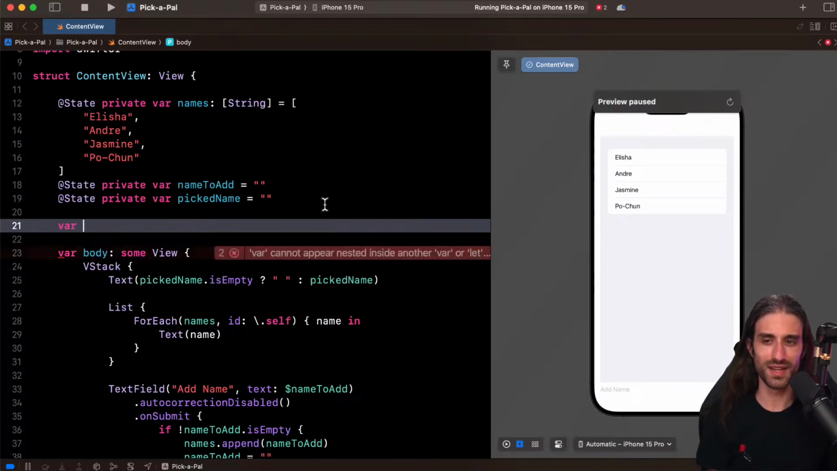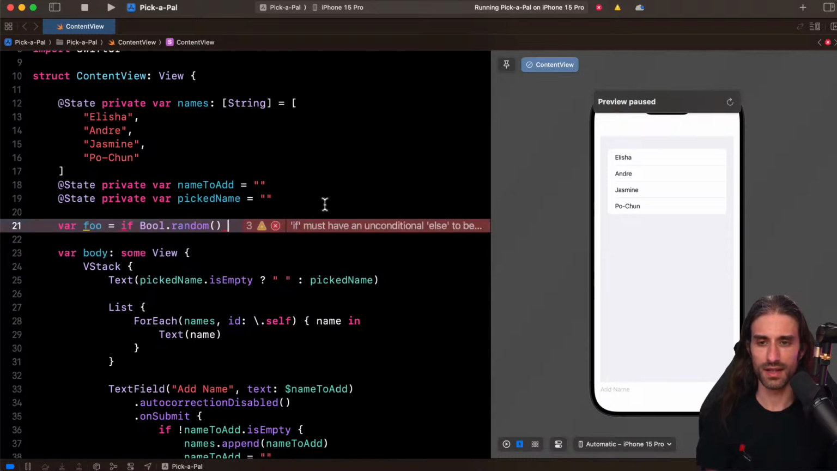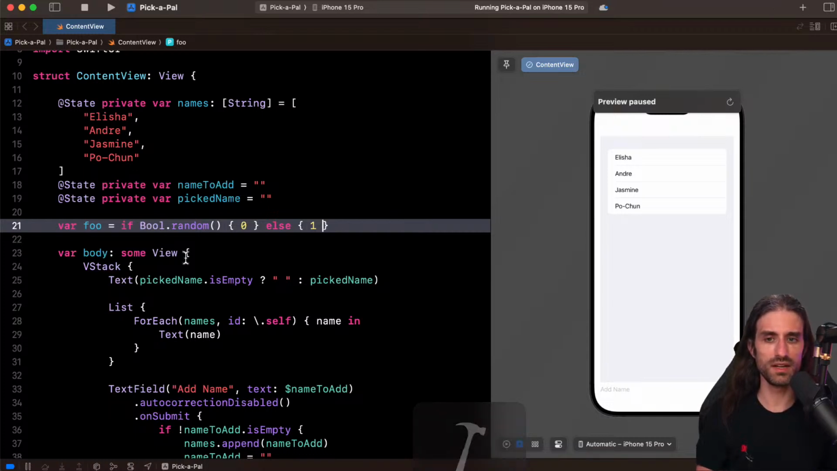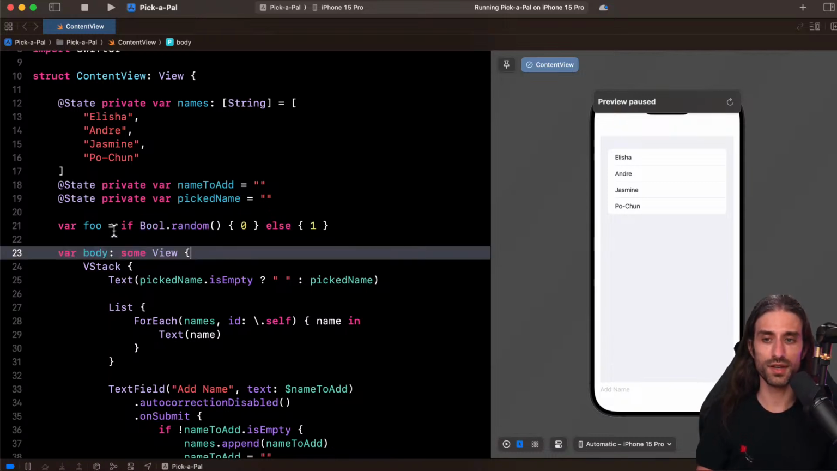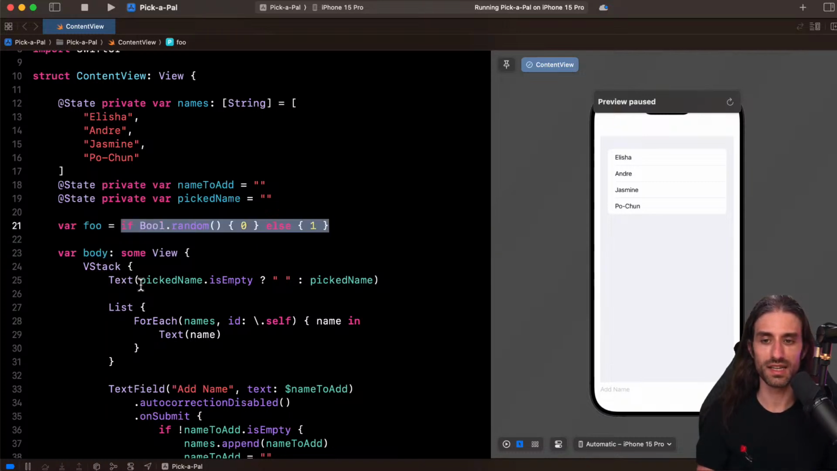Today in Swift, you can do something like if Bool.random then 0 else 1. Like this, it builds successfully. This is valid. So you can use this syntax instead of a ternary if you prefer. I would argue that the ternary is more readable when it's so simple, but you cannot use this syntax here